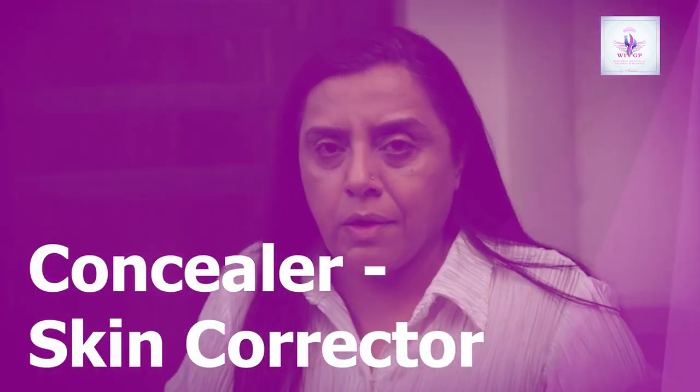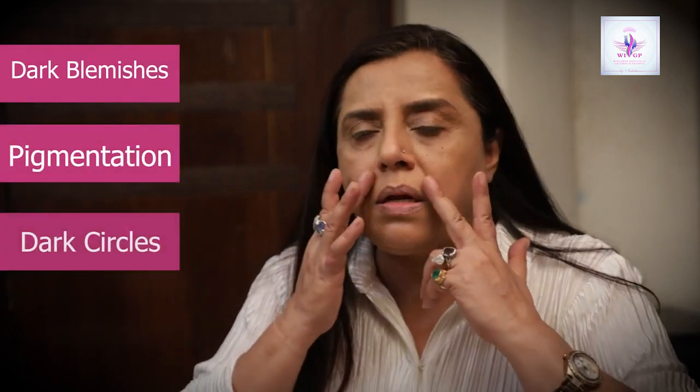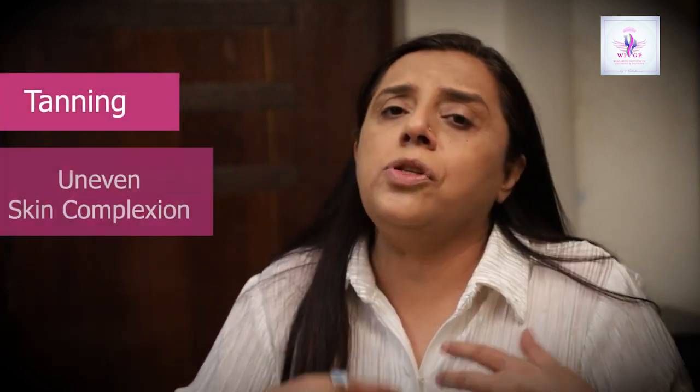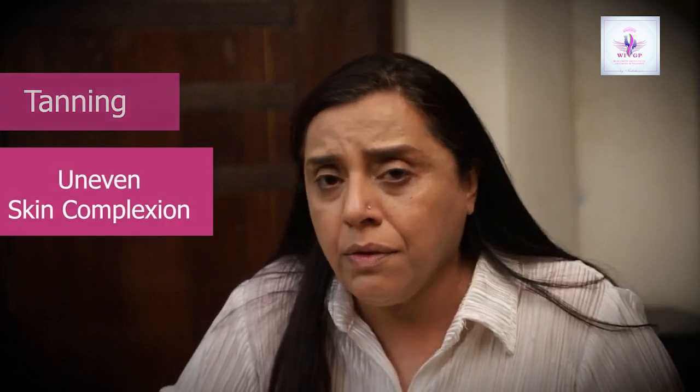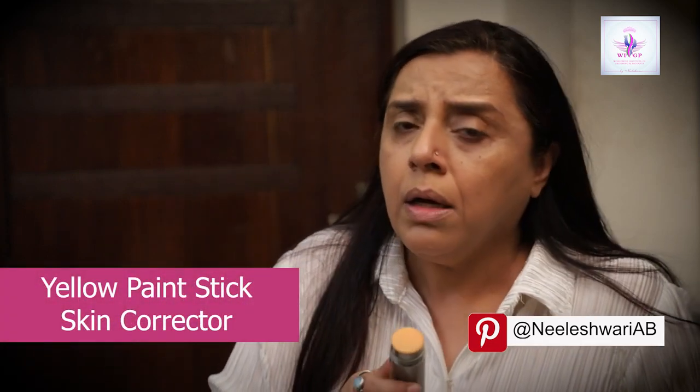Now we will move on to concealer. This is also called a skin corrector. The purpose of concealer or skin corrector is to ensure any kind of dark blemishes, be it pigmentation, be it dark circles, be it laugh lines, frown lines, or the little tanning which is there on the skin which is making your skin complexion uneven. So a skin corrector, we've got something like a yellow paint stick here. This is a skin corrector which would take care of all the unevenness of the skin,